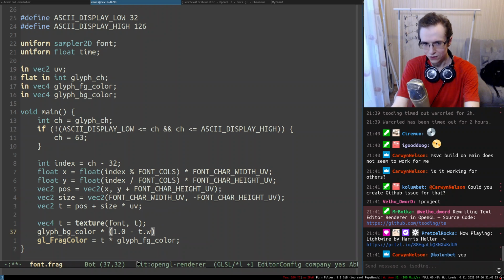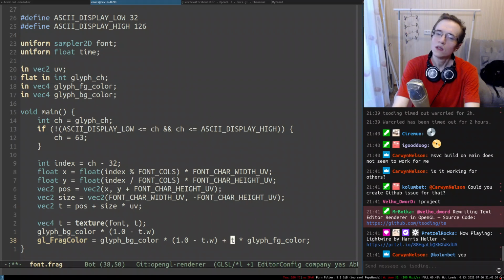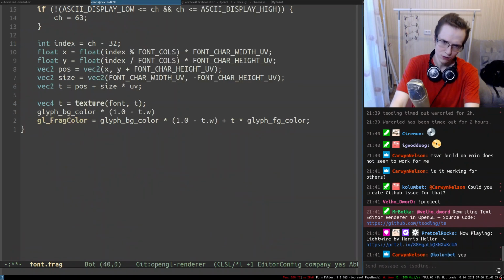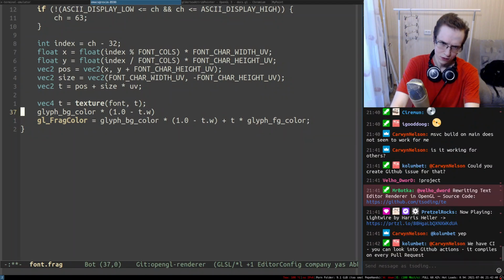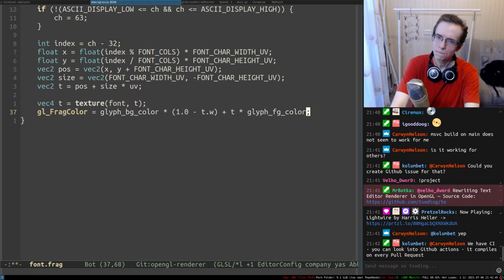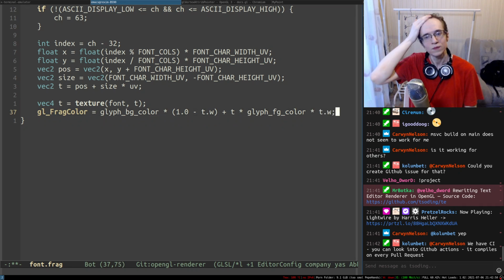And here's the interesting part. If the alpha is 0 in here, this entire thing is not going to be visible whatsoever. It's going to go away completely. But this thing will probably show up, which is not 100% true. I suppose what we have to do in here is maybe multiply everything by this thing as well, right?